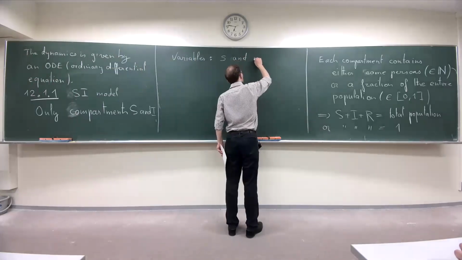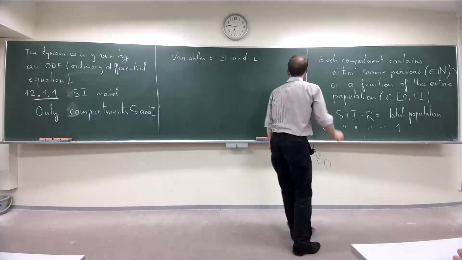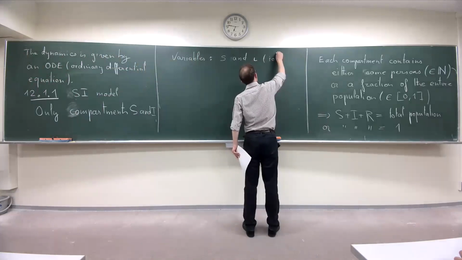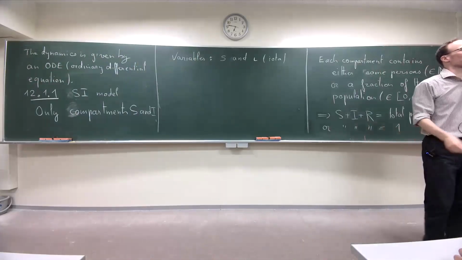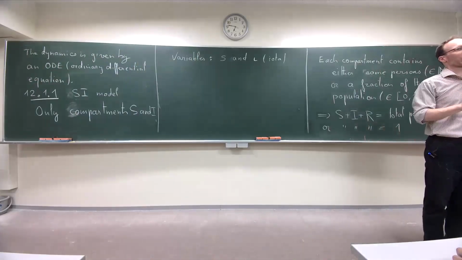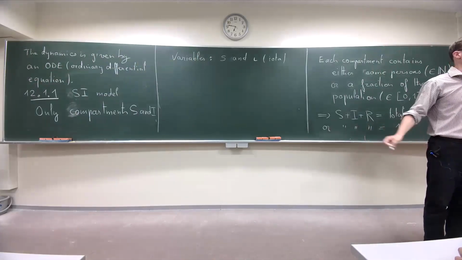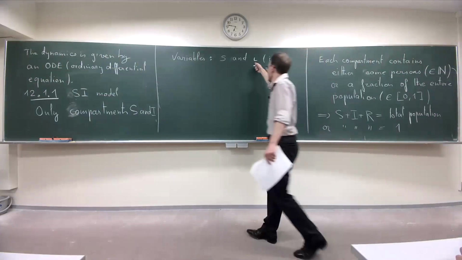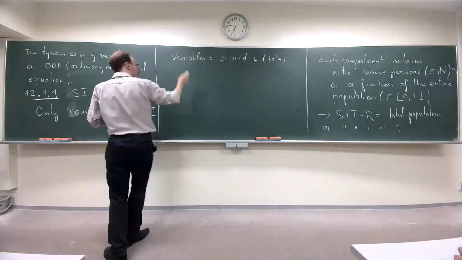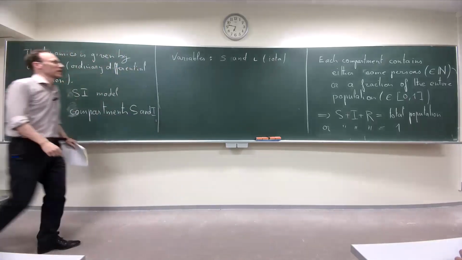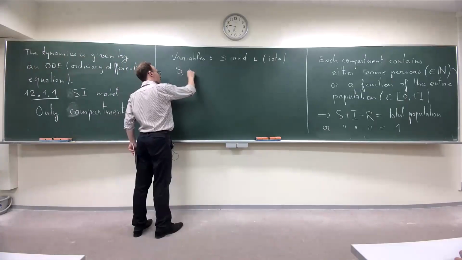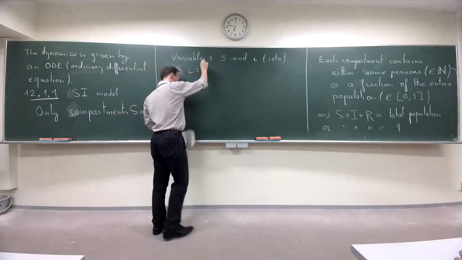So I'm going to use this, which is iota. It's an I without a dot. Why without a dot? Because I want to use the dot for derivative with respect to time. So this is an iota. Probably I will sometimes put a dot, but I shouldn't. Please correct me.